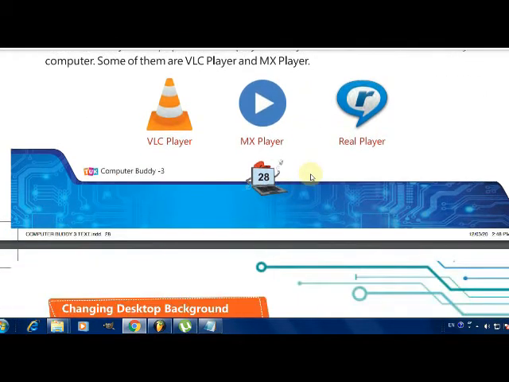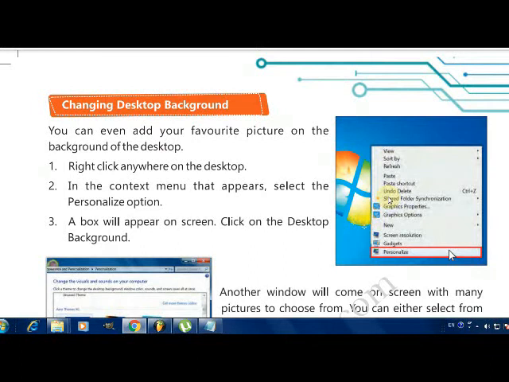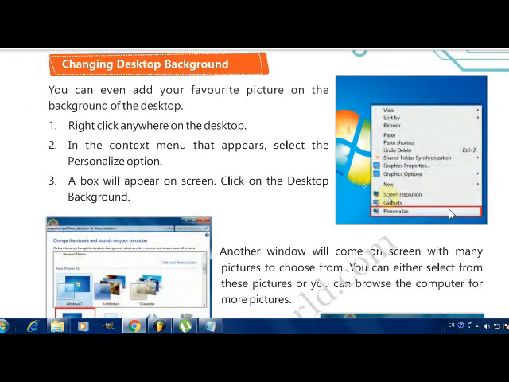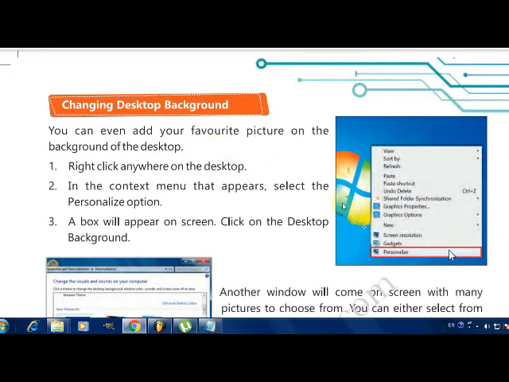So let's see what is next. Our next point is changing the desktop background. We know that the desktop background, or the desktop wallpaper, is a part of the desktop. And we know what a desktop is. A desktop is the main screen of the computer, the screen which appears first when we start the computer.